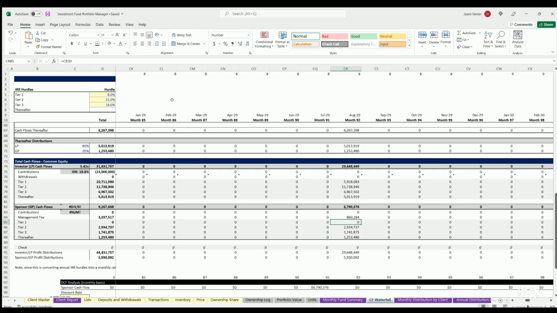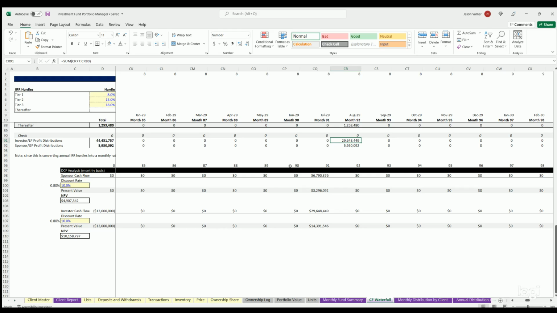Tier 1 is again 100-0, so they don't get anything in tier 1. But now that the investors got over 8%, they get split 80-20. They get 20% here, 20%, 20%. And here's the final distributions for each for the LP and GP. There's also discounted cash flow analysis down here based on discount rate, net present value,